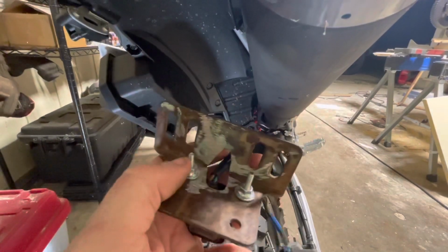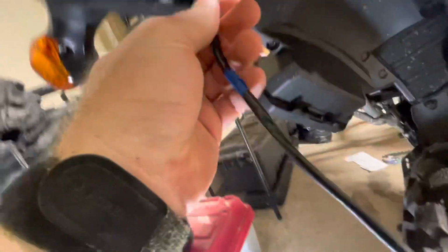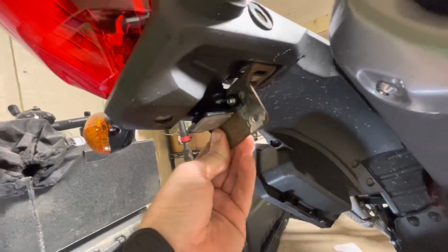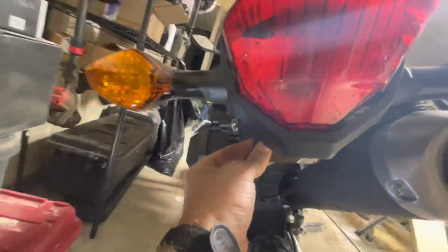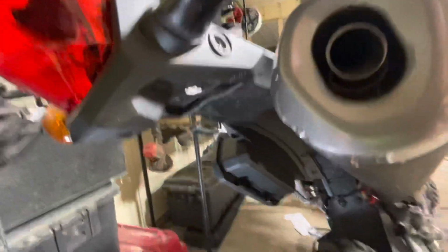These screws here are 5/32. So how this will look, we'll get this up, and we'll pull that up through there. So this is how this is looking. It's gonna go there, and then we're still gonna have our factory light, which is not gonna blind anybody. And it's gonna go right there. Now, since I took this off,